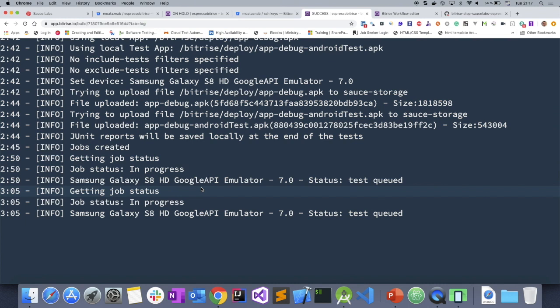The JUnit report will be saved locally in your test. You can also run this from your local machine. So the JUnit report will be saved locally, and it gets the job started and so on. If we refresh this one,